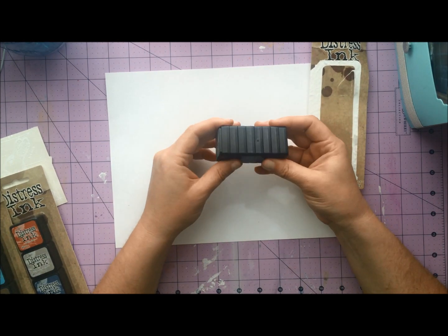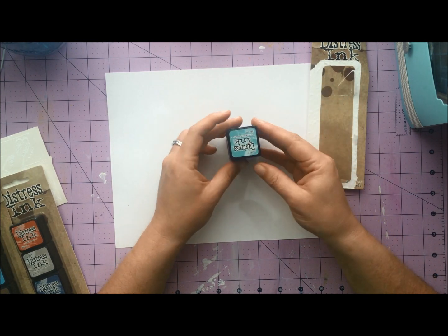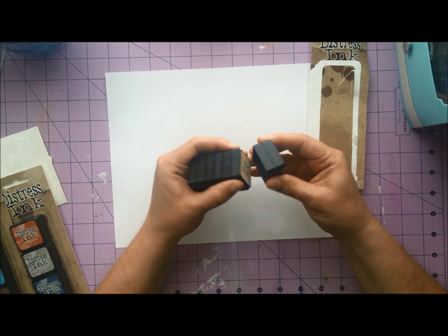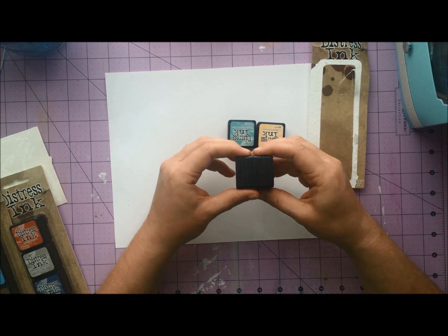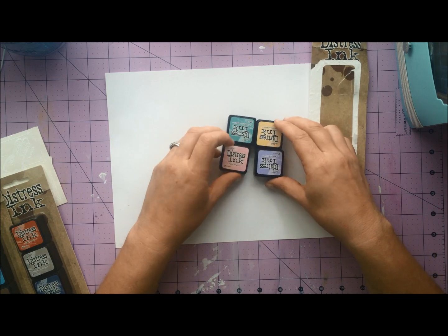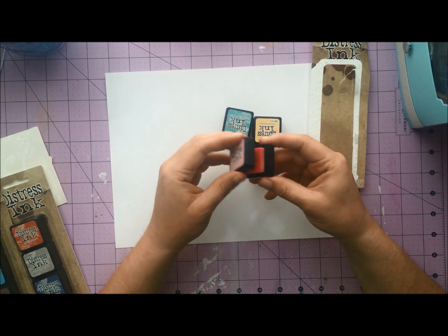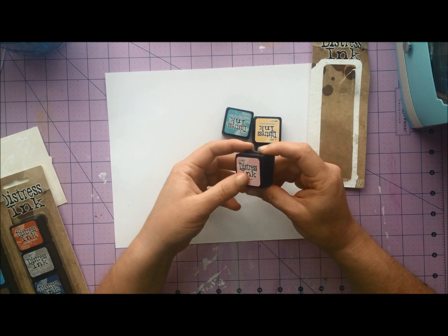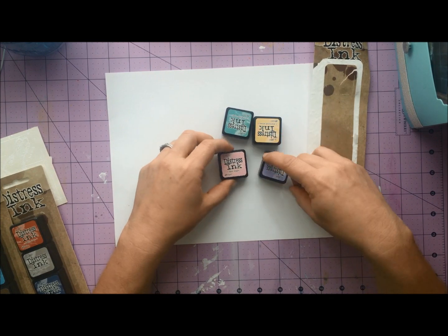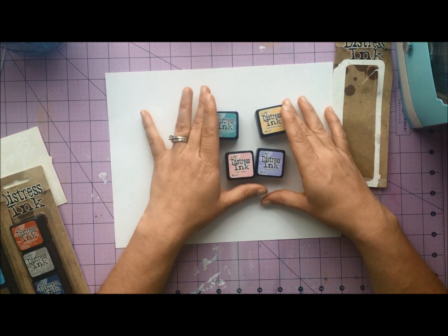So, I mean, imagine that's 4 colors right there. I could take 20, 30 colors of distress ink to a crop and it would be such a small amount. Or if I was flying somewhere and wanted to bring some distress ink, super easy. I also love the small size because you can still stamp any size of stamp on here. You can still use them in any way you would use larger size distress ink pads, but they're so portable,